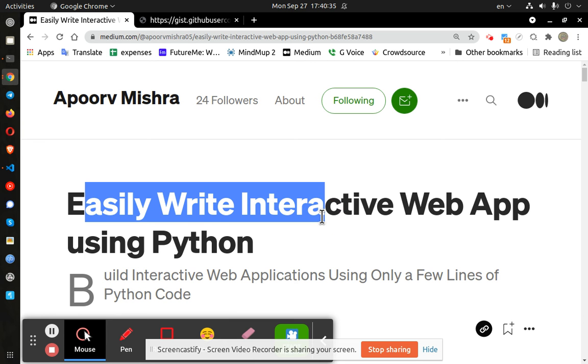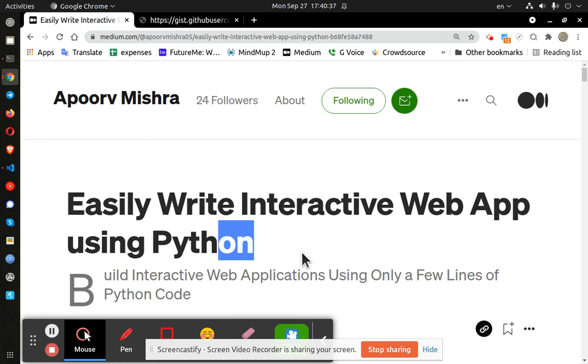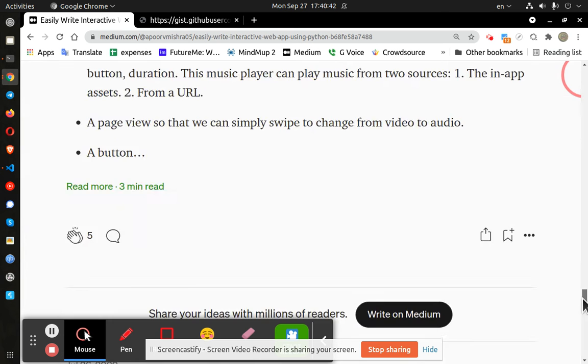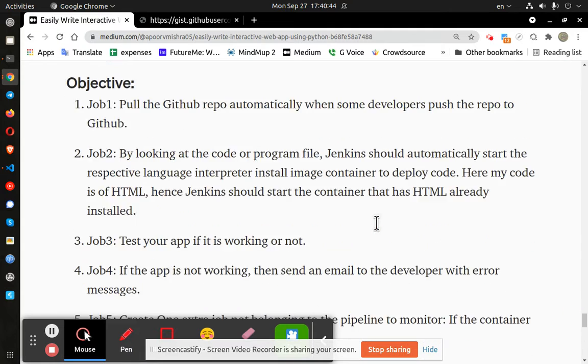Easily write interactive web app using Python. Well, that's got my attention, and I'll skip straight to the chase. I grabbed his code